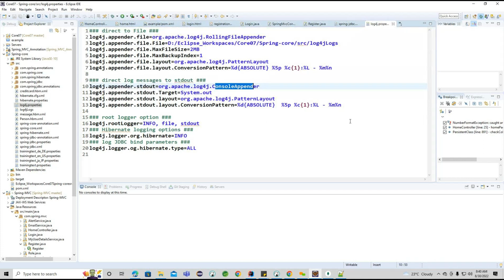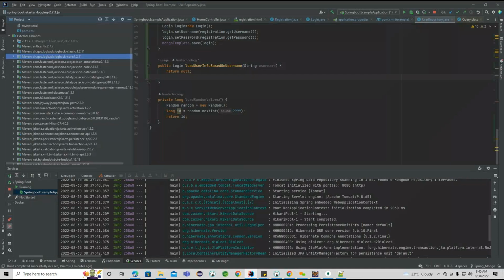And what is the format? It is also trying to use the same format. Now you can see it is trying to use the date format, like how many characters we want to print; this is the format. And this is again the time frame. We already saw this particular pattern. And in Spring Boot, what is the pattern they are trying to use? This is the time frame, logger level, process ID, name of the particular class, as well as message here. So we'll see each and every message, how it is working,